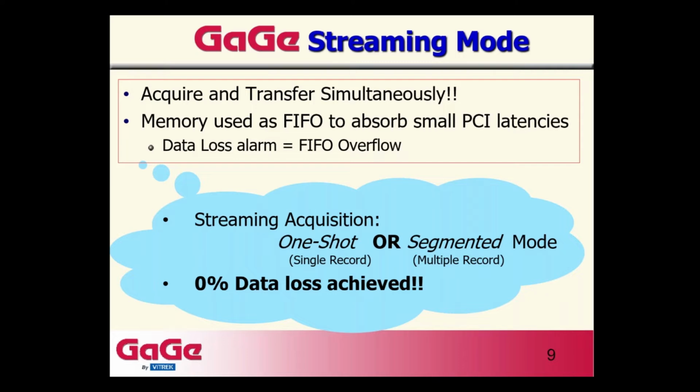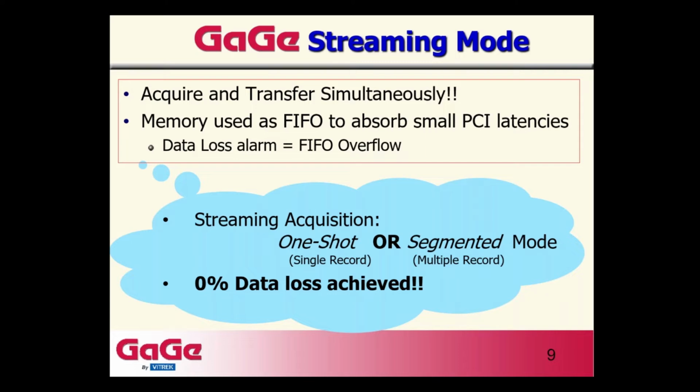Just as in memory mode, streaming acquisition can be in one shot, or single record mode, where we just give one trigger to the digitizer and then have it digitize continuously for minutes, hours, or even days. Or alternately, we can work in segmented mode, the streaming analog of multiple record, where we send multiple triggers to the card, and it acquires in a sort of machine gun fashion, very quickly dumping repetitive waveforms with gaps in between. But they're very similar in many ways, right? In both cases, you've got this continuous, either unbroken or segmented stream of data that the consumer has to